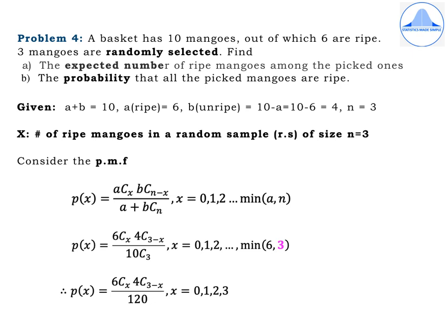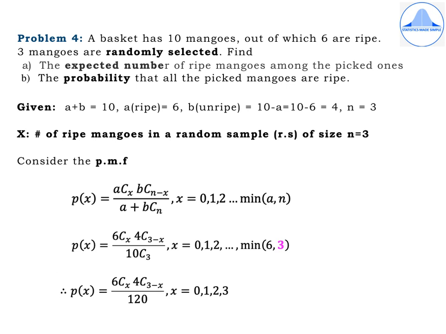Now first we need to identify that it is a hypergeometric distribution. Remember that for a hypergeometric distribution, the units should be classified into two categories, where the first category consists of units which possess a certain characteristic, and the second category is where the units don't possess the particular characteristic. So in this question, the mangoes can be classified into two categories, that is ripe and unripe mangoes.